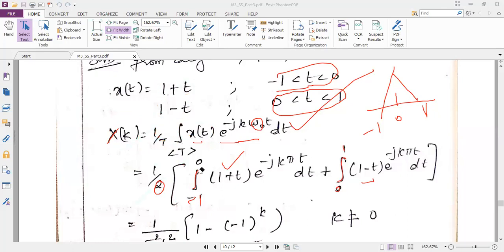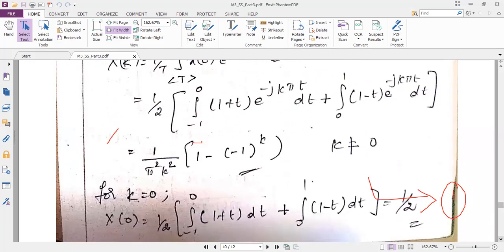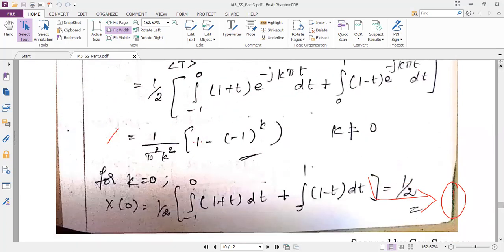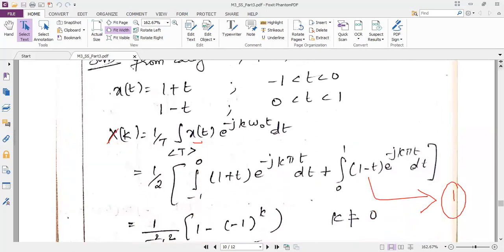So we have done only the substitution. The integration is not easy here, because we have 1 plus t multiplied with an e power term. So I want all of you to keep this as equation 1. I am going to show the integration in detail. In my notes, I have not shown the steps. I have directly written the answer, so you need to solve 1-2 pages of integration for this problem.